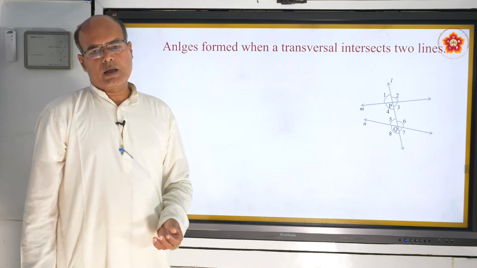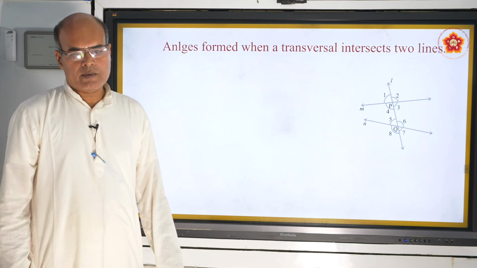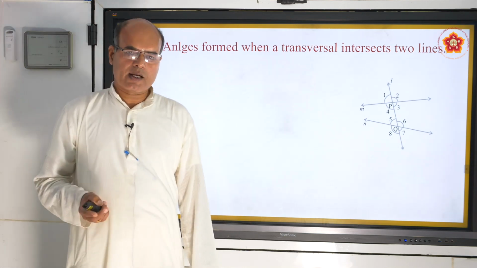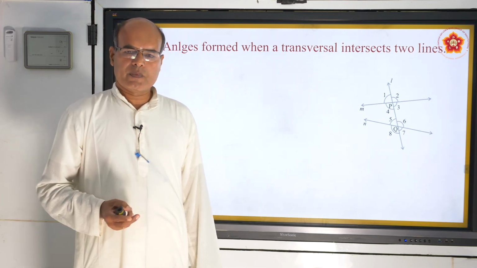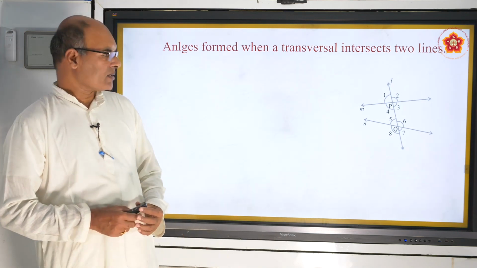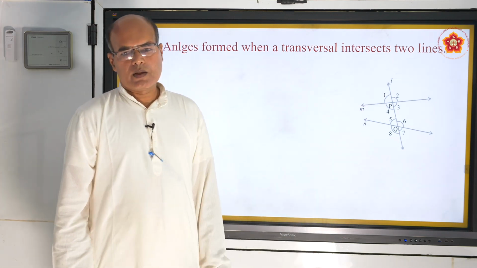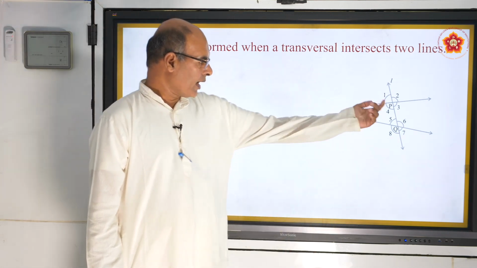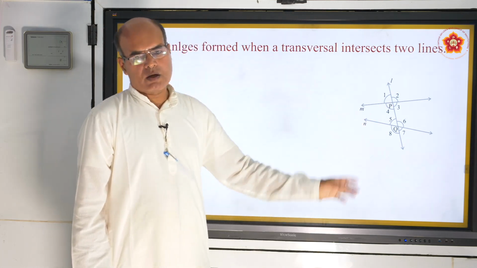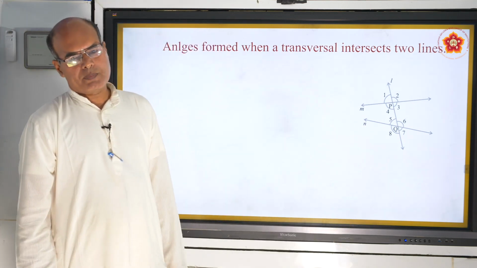Identify the linear pair angles, the side by side angles. When a ray stands on a straight line, the adjacent angles are called linear pair angles. If the sum of two adjacent angles is 180 degrees, they are called linear pair angles. Here we have 8 pairs of linear pair angles. Angle 1 and 2 are a pair of linear pair angles. Angle 2 and 3, another pair. Angle 3 and 4, and 1 and 4. In this vertex we have 4 pairs of linear pair angles. Here we have 4 pairs of linear pair angles.